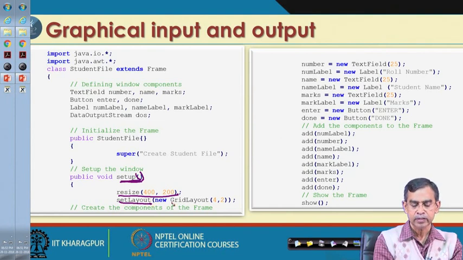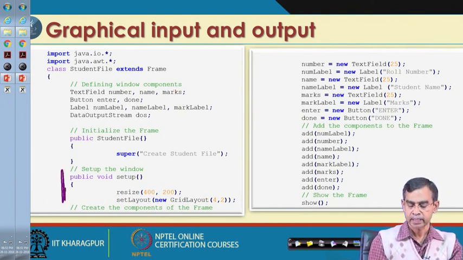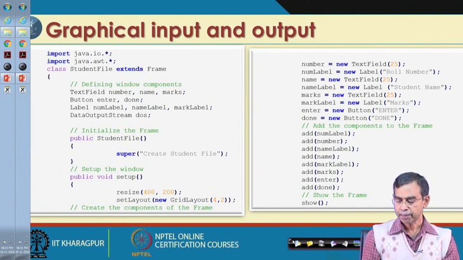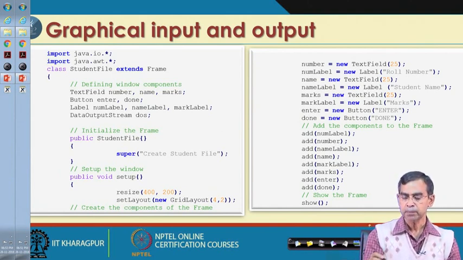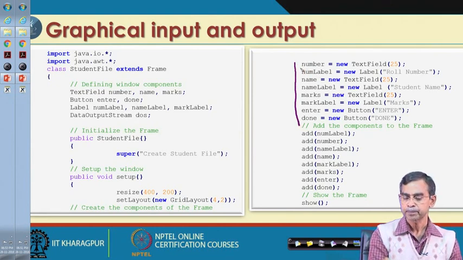Set layout, as you see, is called the grid. So, there is actually a mechanism using a grid layout, a 4 cross 2 grid, which means a total of 8 elements can be placed in the applet. This is the idea. So, this is the total way of creating the applets in our program, and once the applet is ready, then we have to place the different items here. So, these are the few steps as we see.